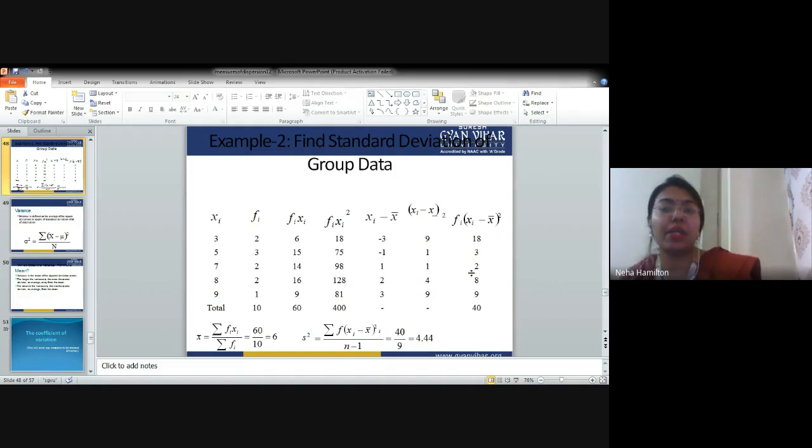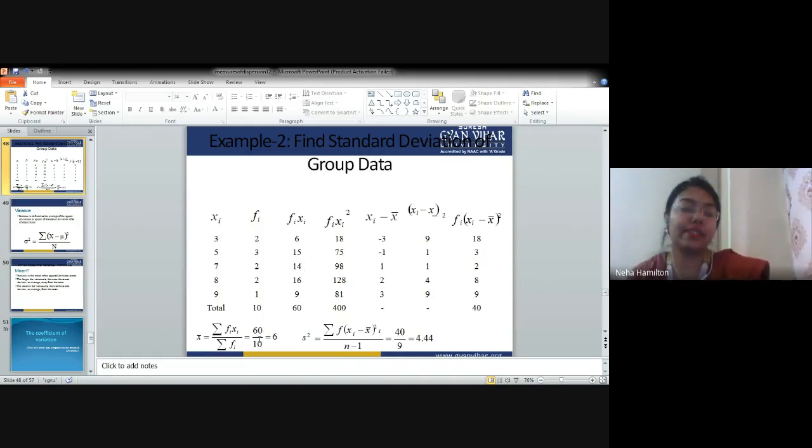And then we are multiplying the values with the f figure that is written, right? So it comes out to be 18, then 3, 3 ones are 3, then 2, right? Then we are doing the total of these figures. Okay. So see, fx is 60. This is the fx column, the third column. If we add all these values, the answer will be 60, right?